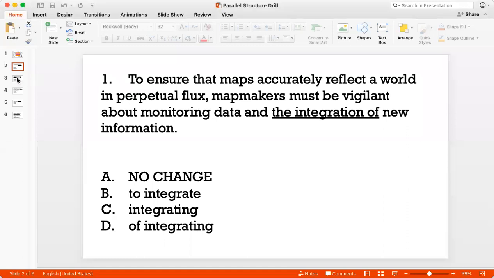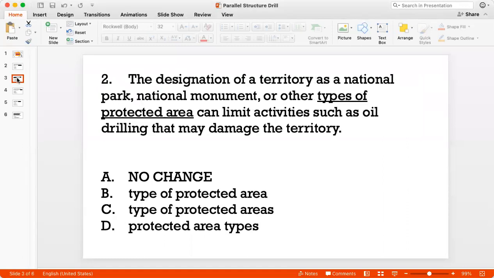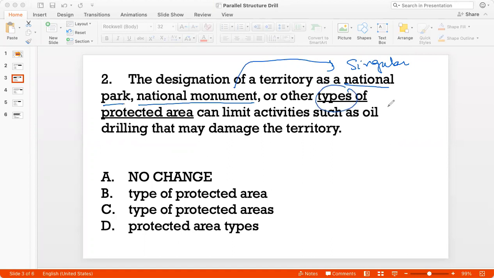Okay, question 2. The designation of a territory as a national park, national monument, or other types of protected area can limit activities such as oil drilling that may damage the territory. So here I'm talking about designating a territory as a national park, which is a singular noun. National monument, again, a singular noun, or other types of protected area. This types now is plural,